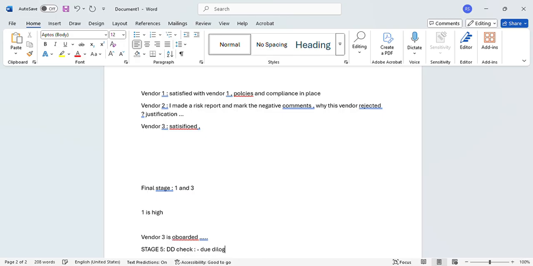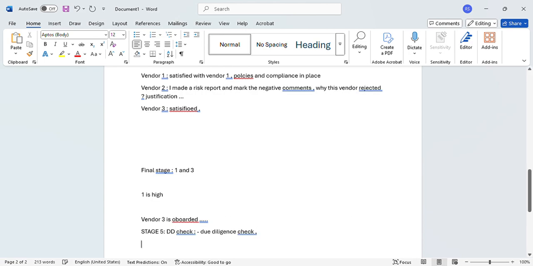DD check is the due diligence check. In due diligence check, we need to again reassess the vendor. Why do we need to reassess the vendor again? Because it's a policy of the organization that every vendor